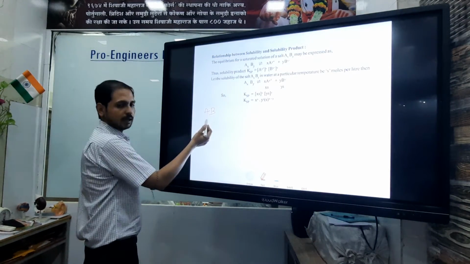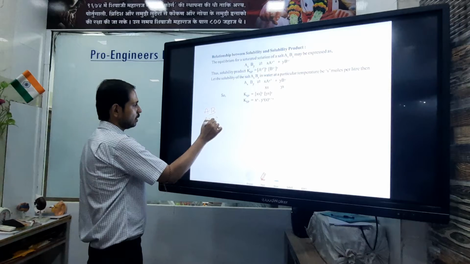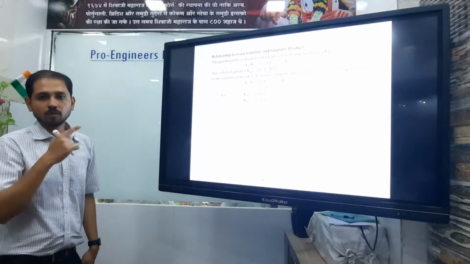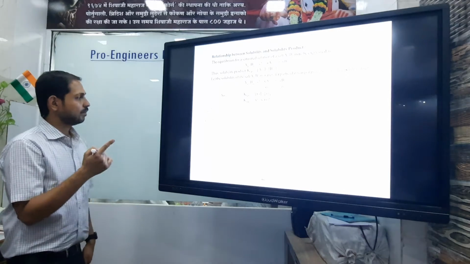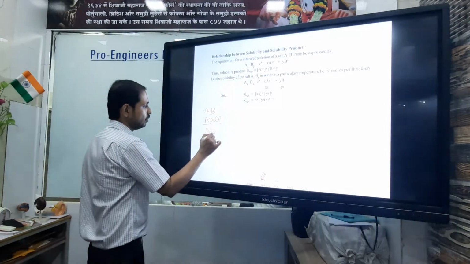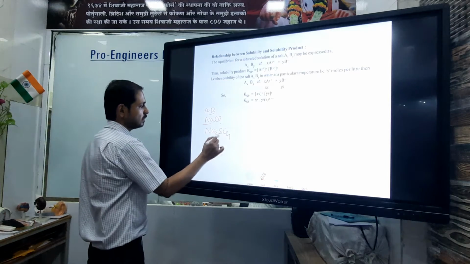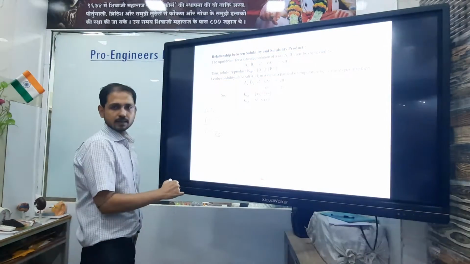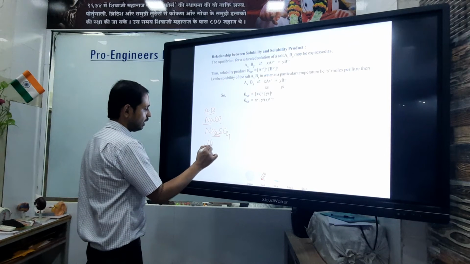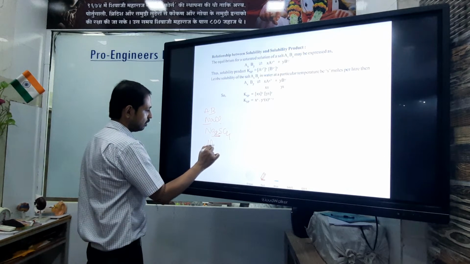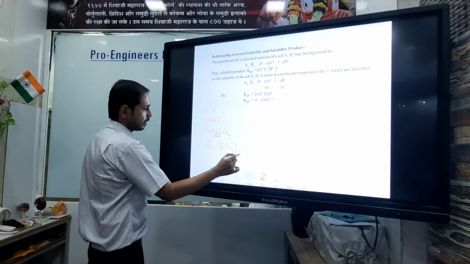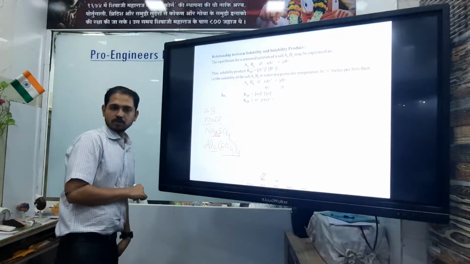AB means sodium chloride. That is the example of sodium chloride: one cation, one anion. But it is also possible that different numbers of cations and anions are there. Like if we consider sodium sulfate, then we will get Na2SO4. That means two cations and one anion are there. Suppose we take aluminium sulfate, Al2(SO4)3, so three anions and two cations are possible.